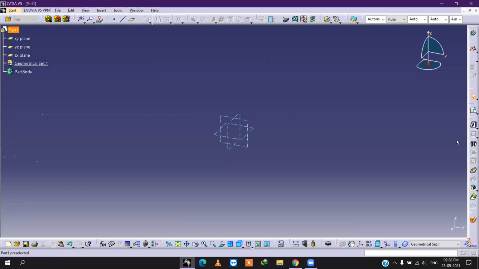This is the tree structure I have told you about. This is our axis, three planes. If you want to convert to an axis system, you can convert; I will tell you later how to do that. Here two types of sketch options are there. Generally, we will use this one. If you want a specific direction or a specific plane or axis system, you can select position sketch.